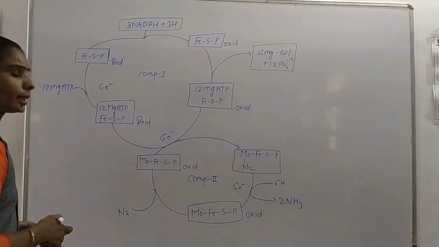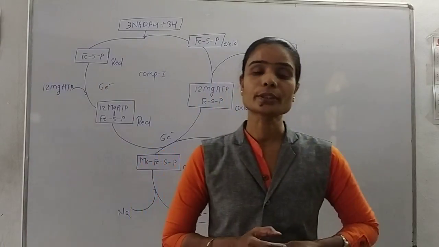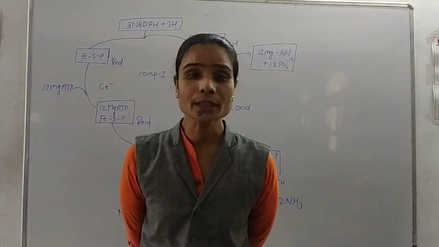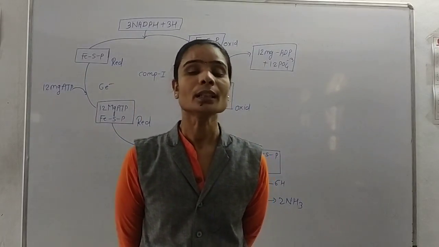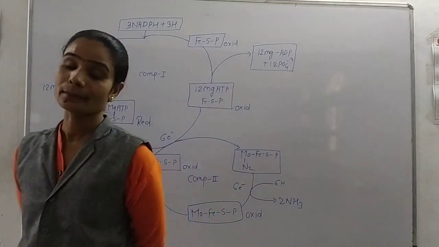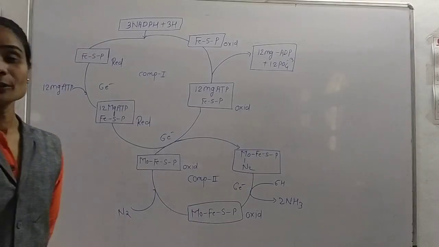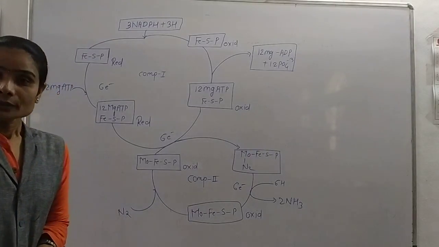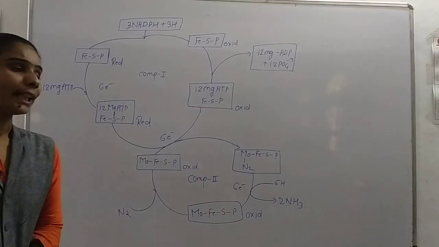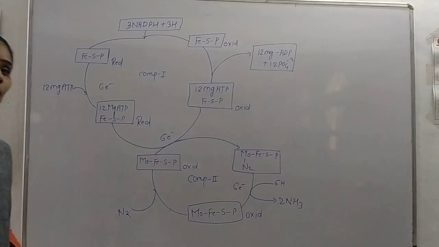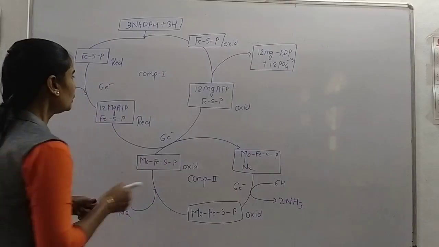We already said that the atmospheric nitrogen is mixed into the soil, and after mixing in the soil, the nitrogen fixing bacteria present on the roots of the plant absorb that atmospheric nitrogen and convert it into a useful product for the living system. They convert it by using nitrogenase enzyme, and these enzymes are component 1 and component 2.